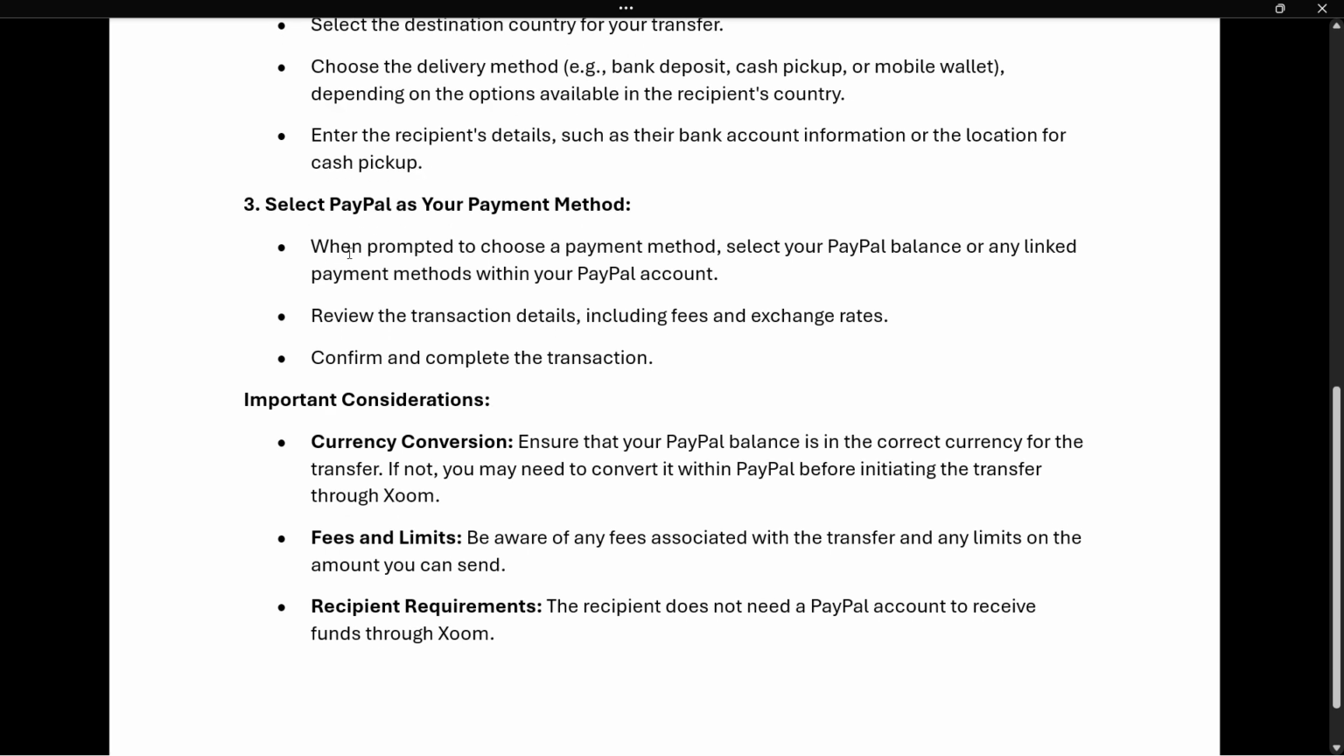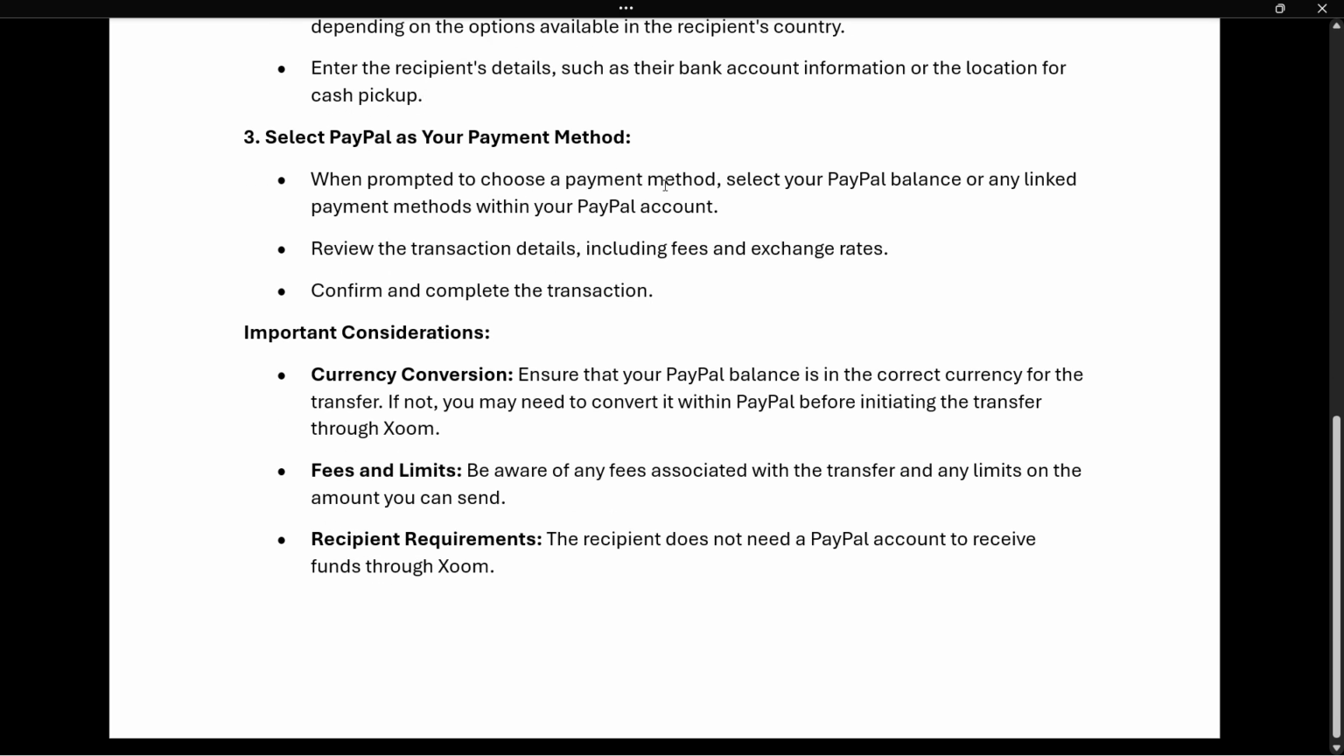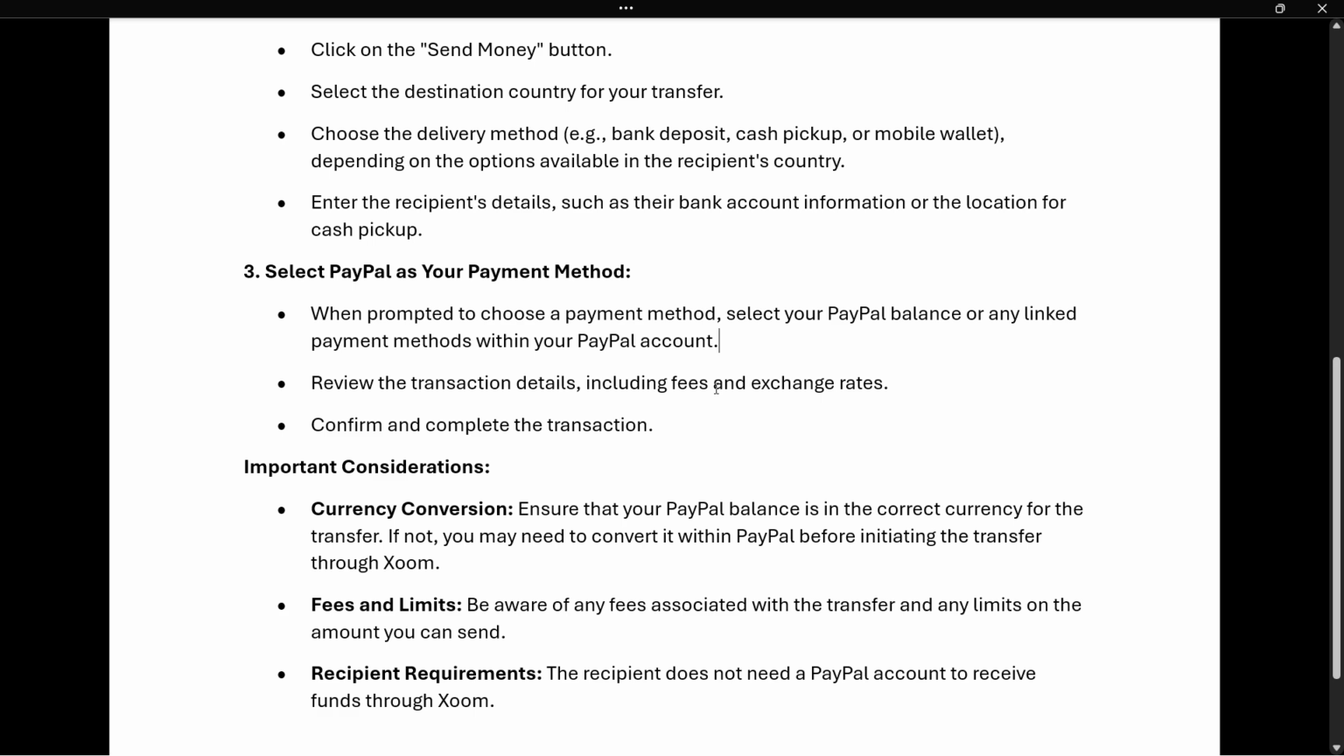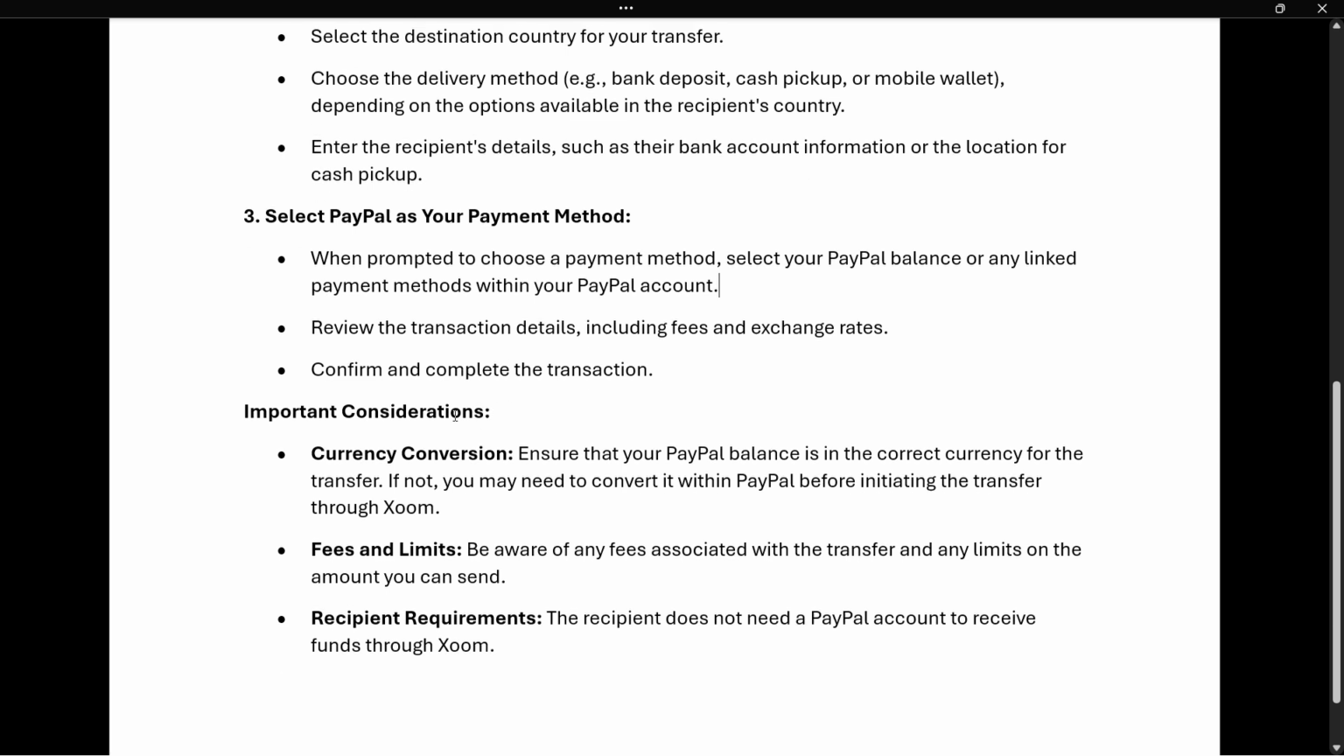Then you have to select PayPal as your payment method, and when prompted, simply choose this payment method, and then of course you have to select PayPal balance or any linked payment methods within your PayPal account. So in case you don't hold any PayPal balance, what you should do is just essentially link a card or bank account, and you'll be able to use that via PayPal. Then you want to review the transaction details, including fees and exchange rates, and then confirm and complete the transaction,